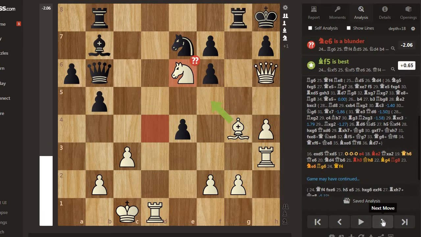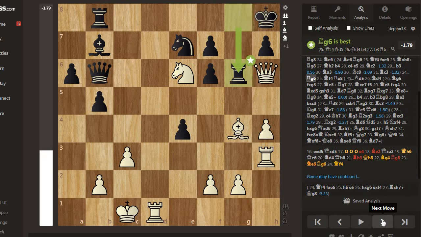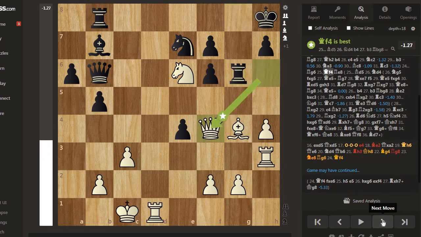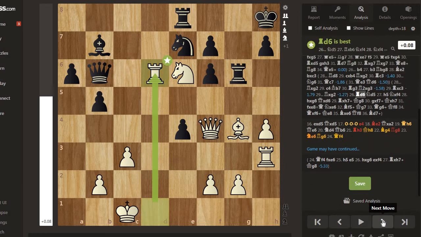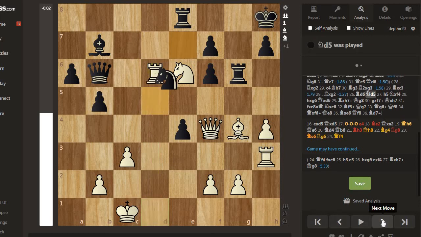And now rook g6, queen f4, rook e8, and Kramnik makes a blunder. He should have put bishop d5, and after rook d6, and this is another use of queen f4, and after knight d5,